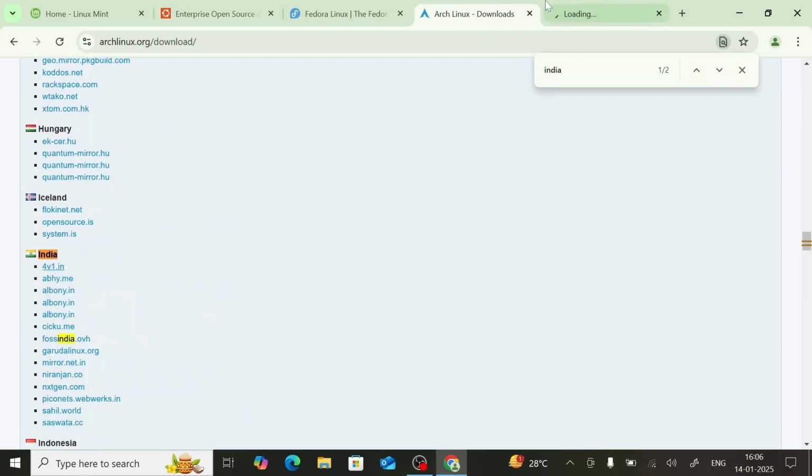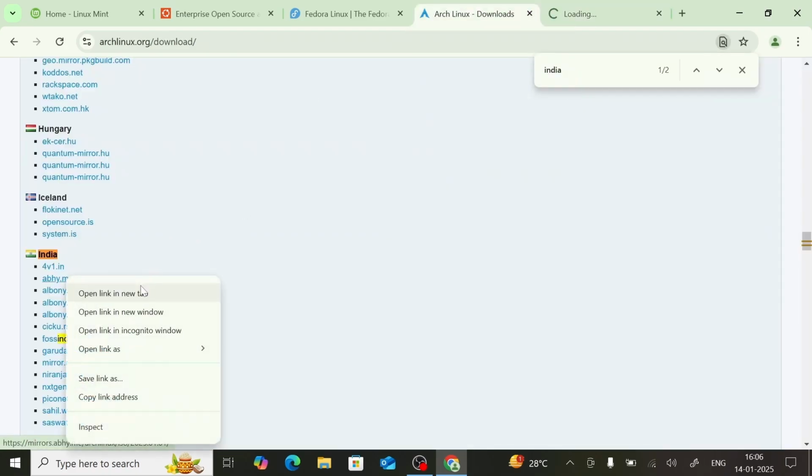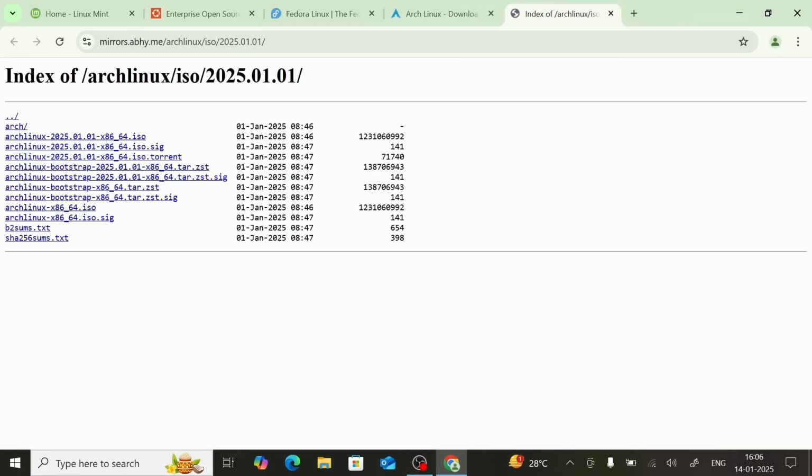Let me open the first link. If the server is slow, you can try a different link as well. You can see this one is slow, so we will download from here, and this is the ISO. Just click on download.